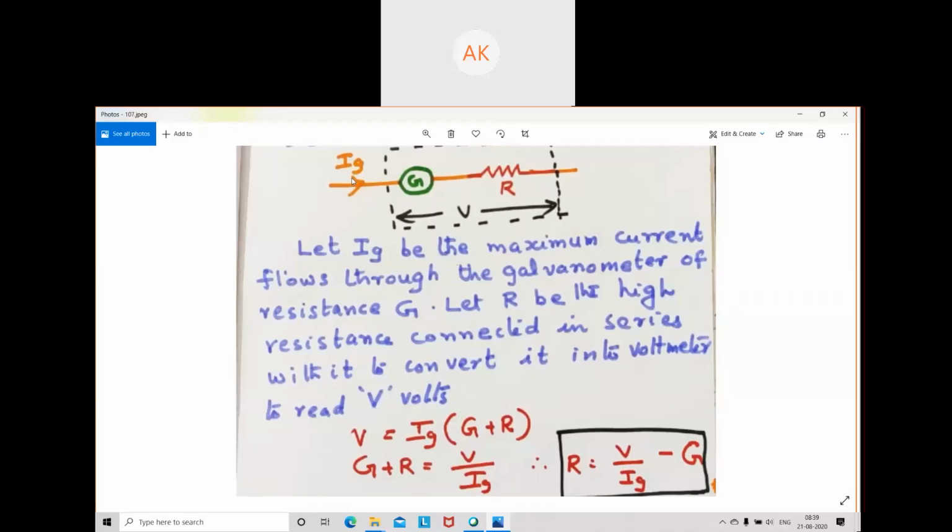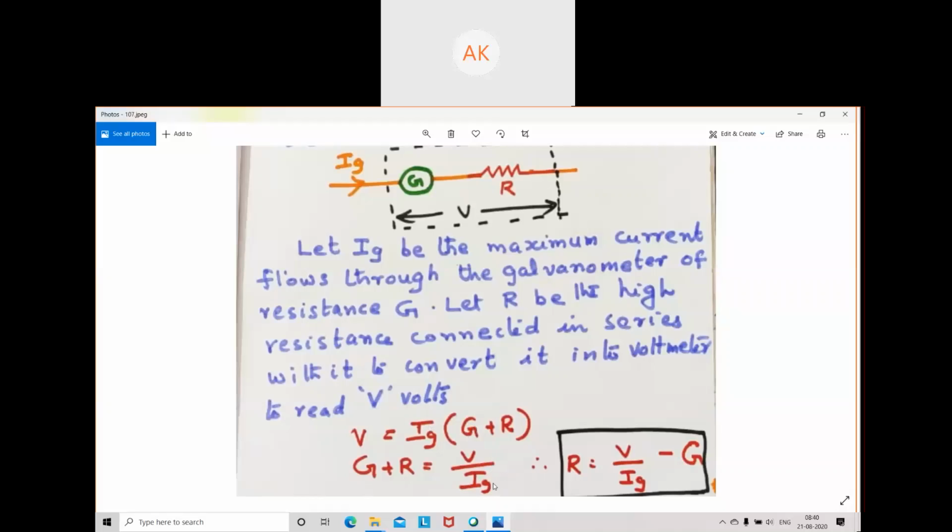What is I here? Ig. Ig into what is the total resistance here? Series combination, you know, so it will be the sum of the resistances. G plus R will be the total resistance of this combination. So potential difference will be Ig, with Ig current itself it is showing full scale deflection. So V equal to Ig into G plus R. Ohm's law. Therefore, G plus R equal to